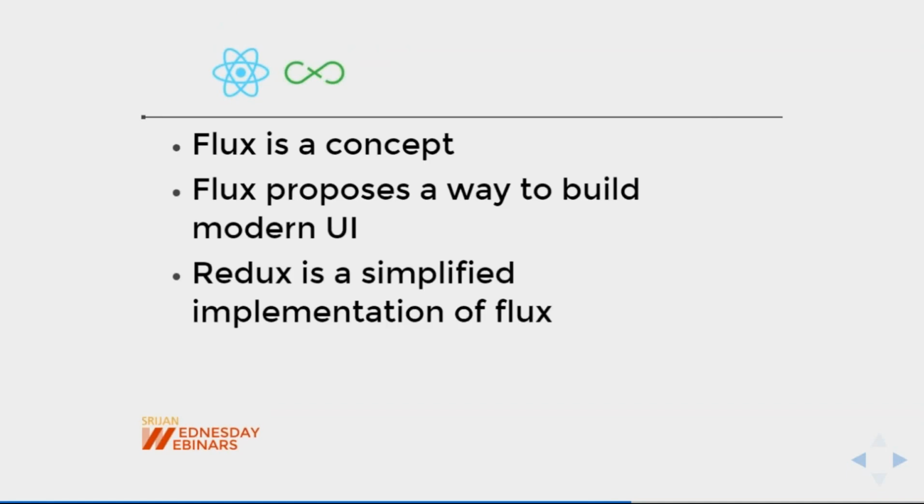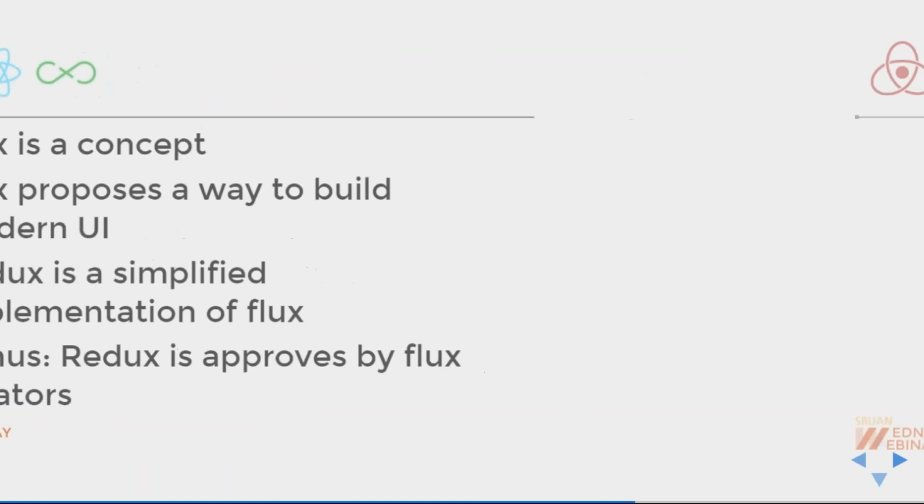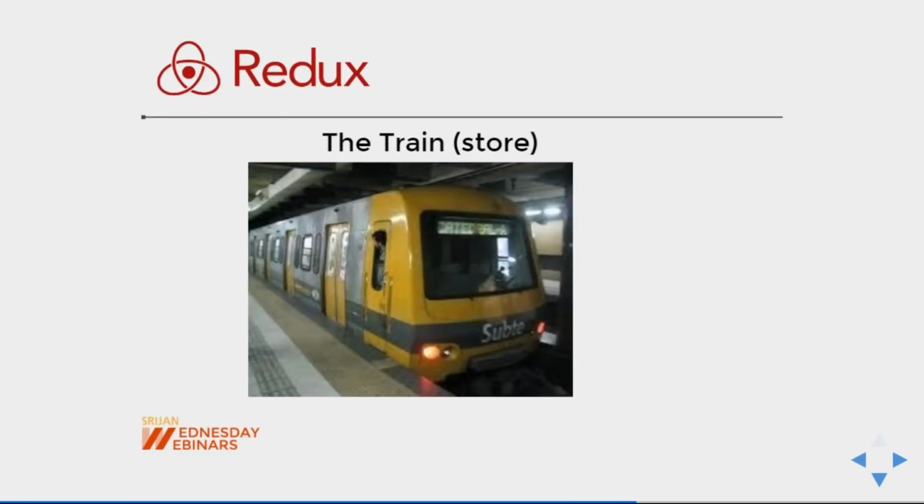Flux is also another architecture. Flux and Redux are both architectures which you can apply to your React application to manage the state. Flux has its own drawbacks and complexity, which Redux helps us resolve. The Flux developers have also said that Redux is doing something great. That's why production applications are being written using Redux. Now we will see a basic example to understand what Redux actually is.